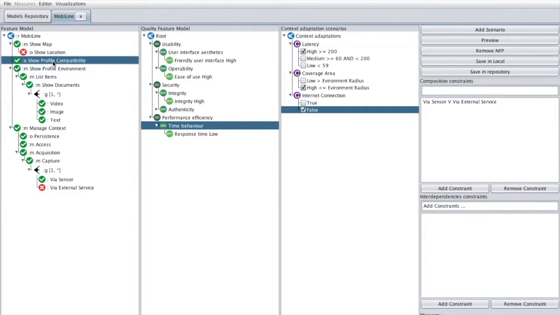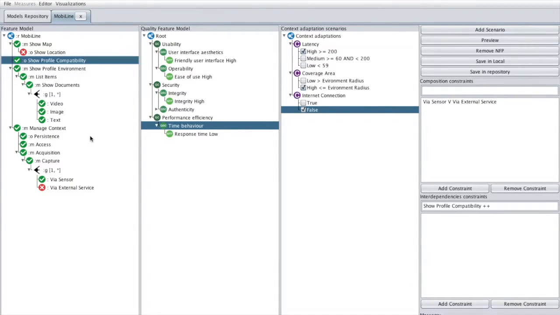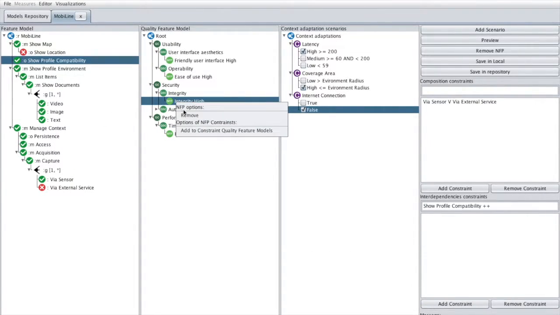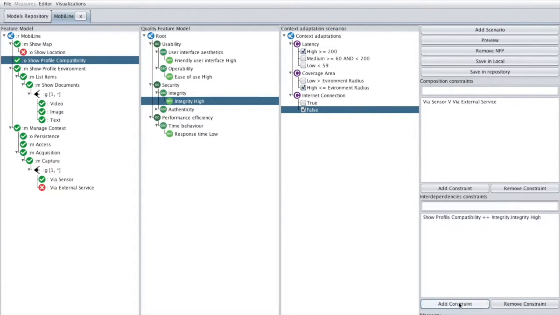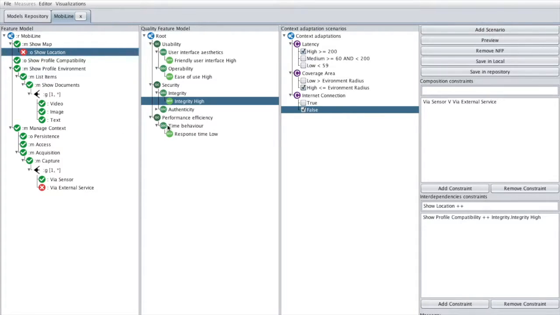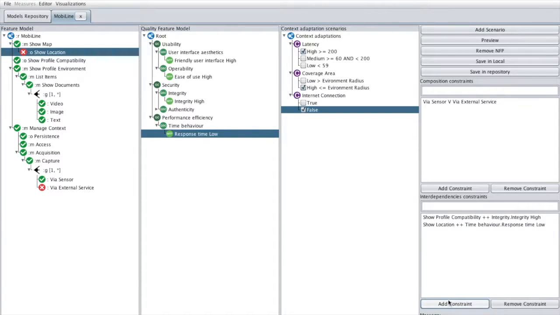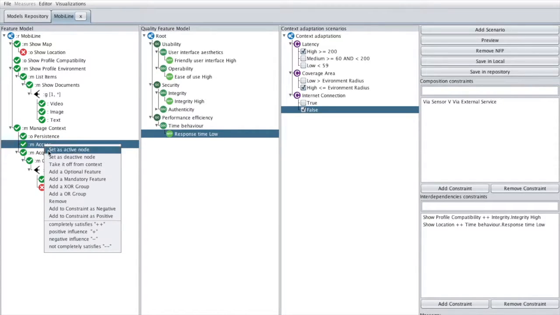In the fifth task, we will show how to specify interdependency constraints between non-functional properties and features. Once defined which features are activated and deactivated for each context adaptation scenario, the interdependence constraints between non-functional properties and the context features can be specified and represented in the quality feature models according to each context adaptation scenario